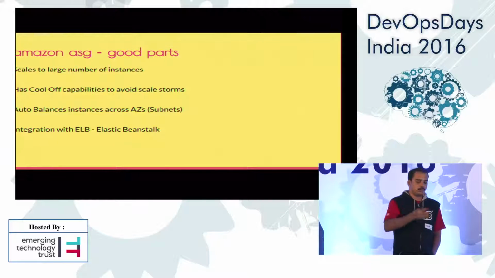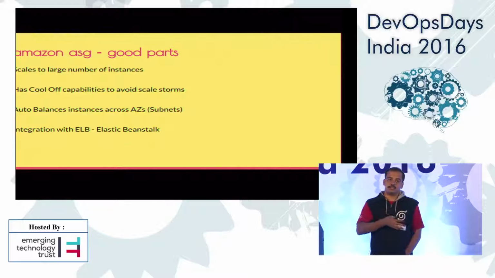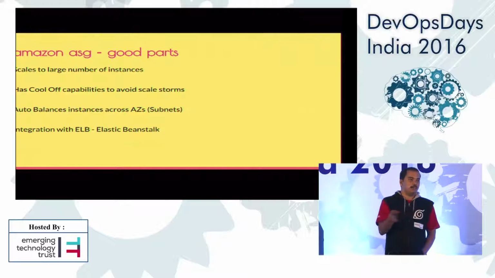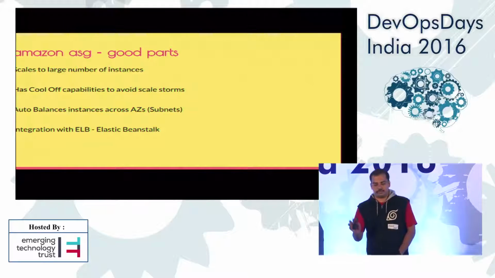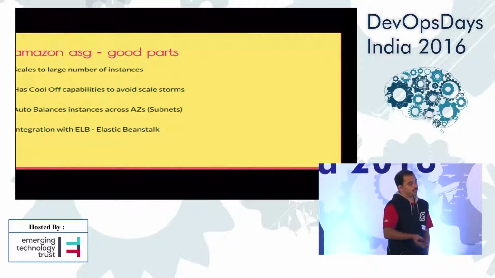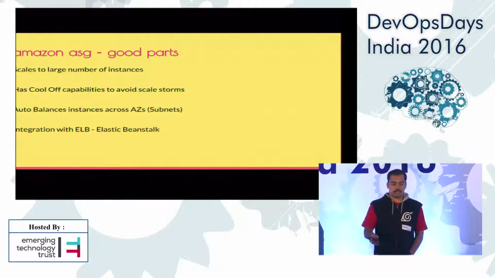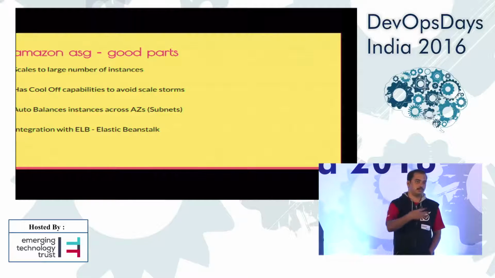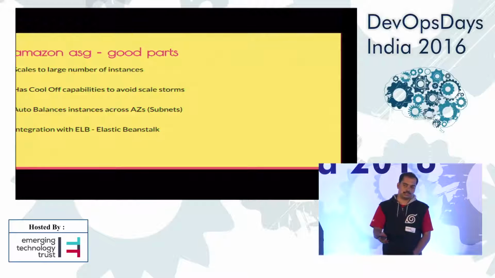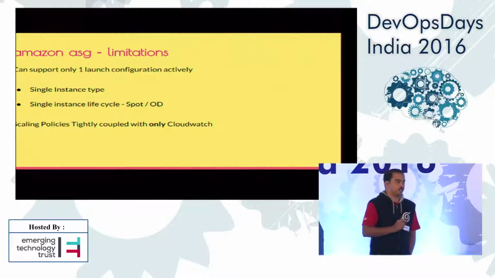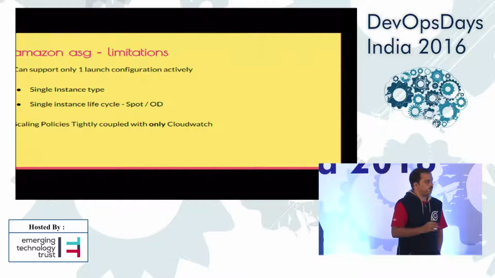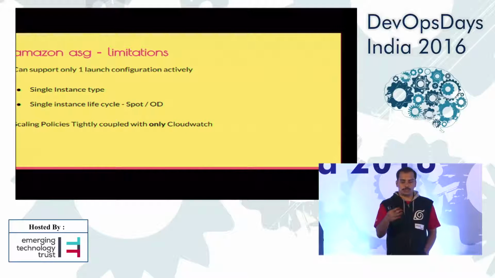It can also auto-balance your instances across different subnets or availability zones if your subnets are across different AZs. And it has first-class integration with ELB if you're on AWS. There are also PaaS solutions like Beanstalk, which support these systems as well if you're using Elastic Beanstalk. But the limitations are purely with regard to how you can work with the auto-scaling,